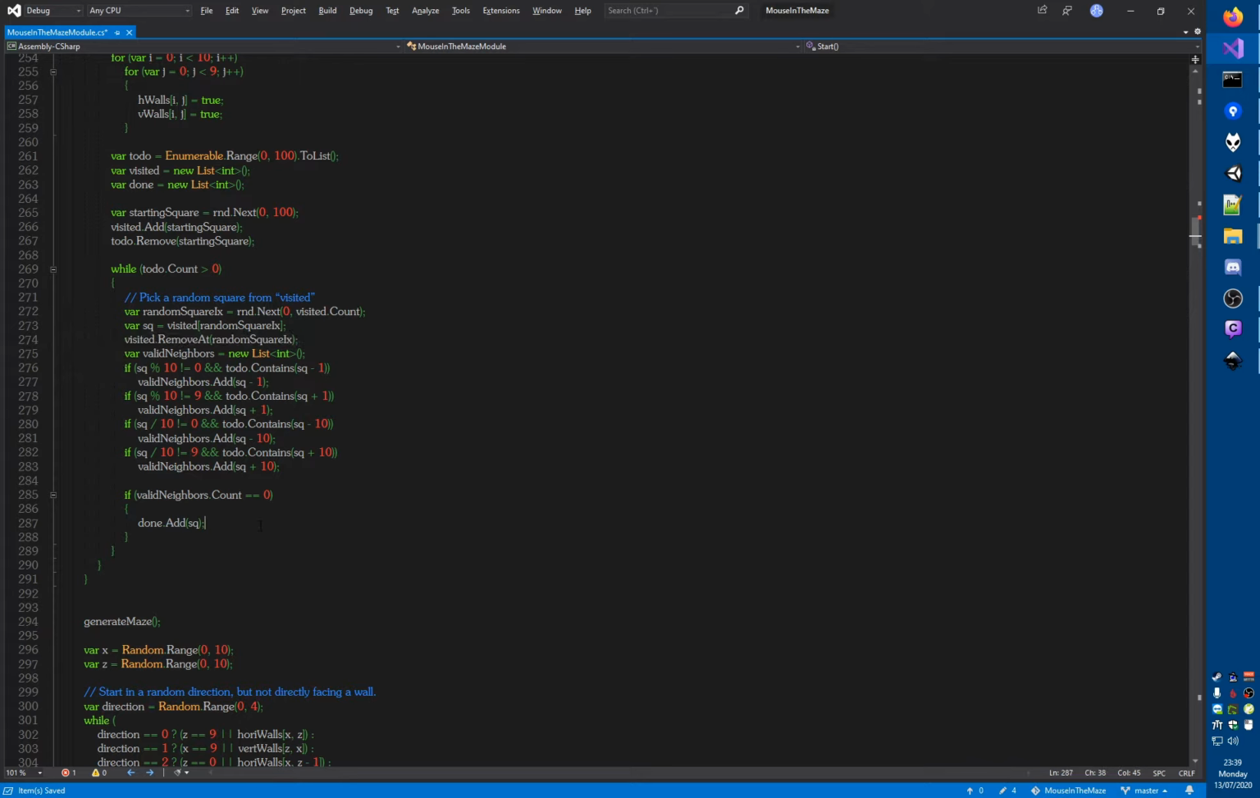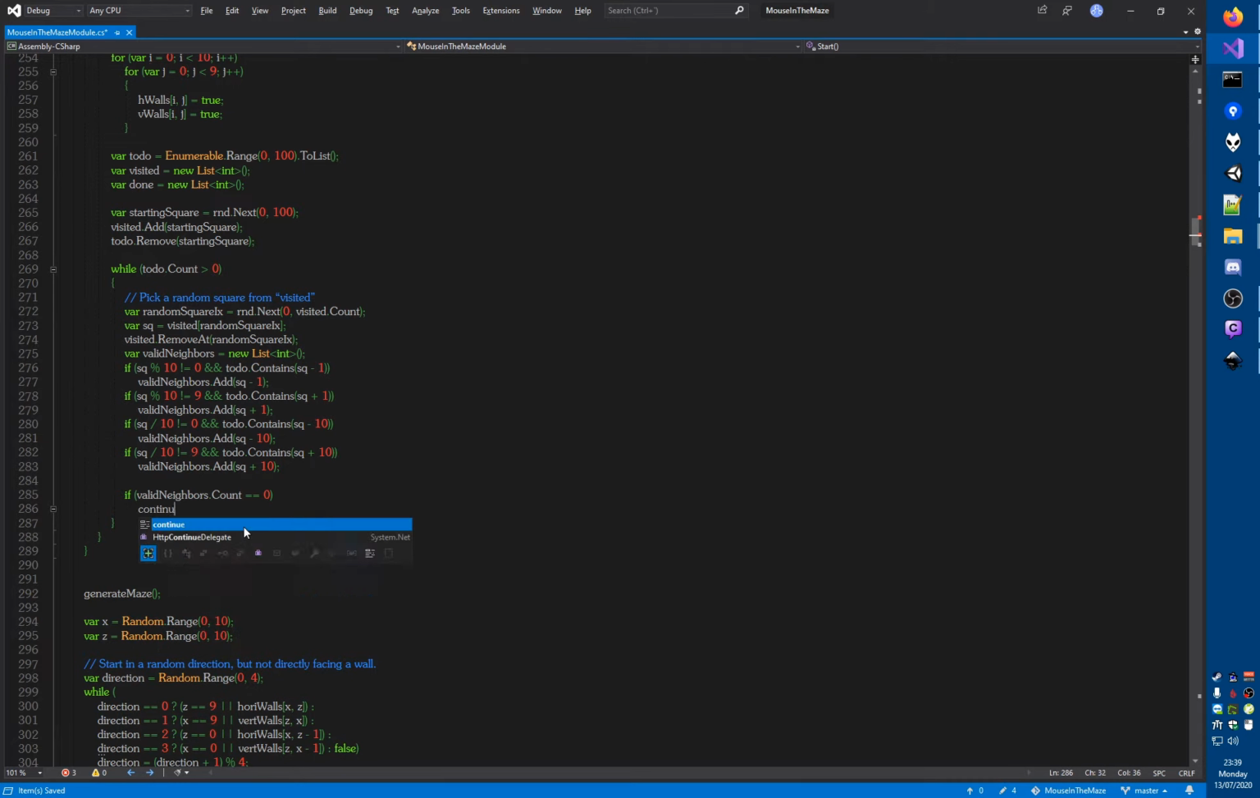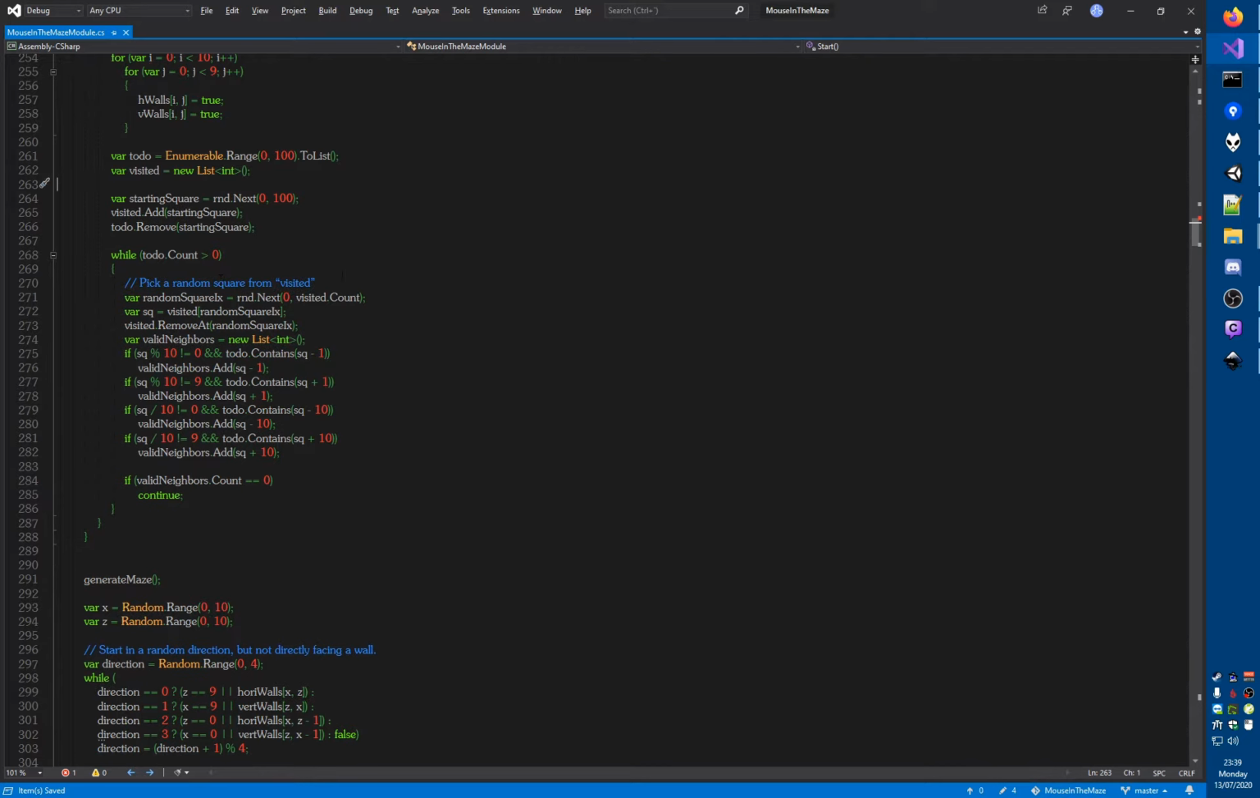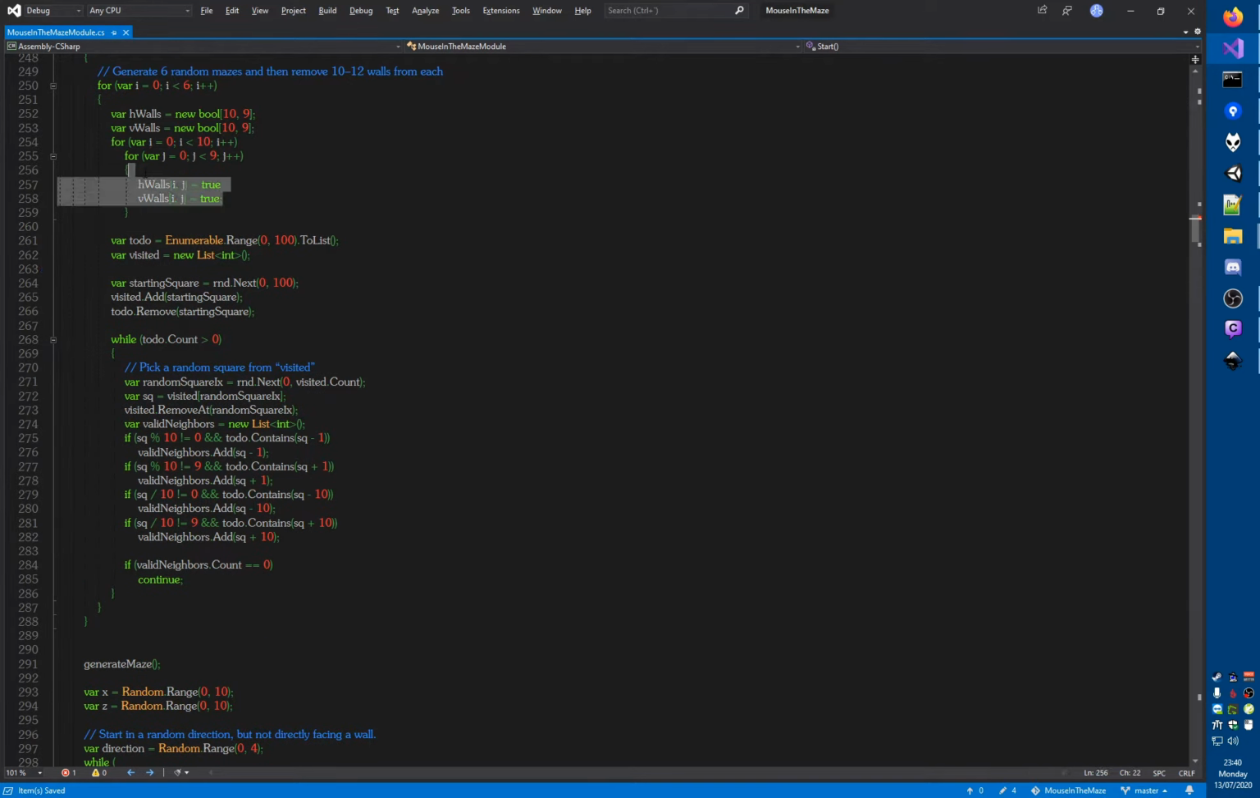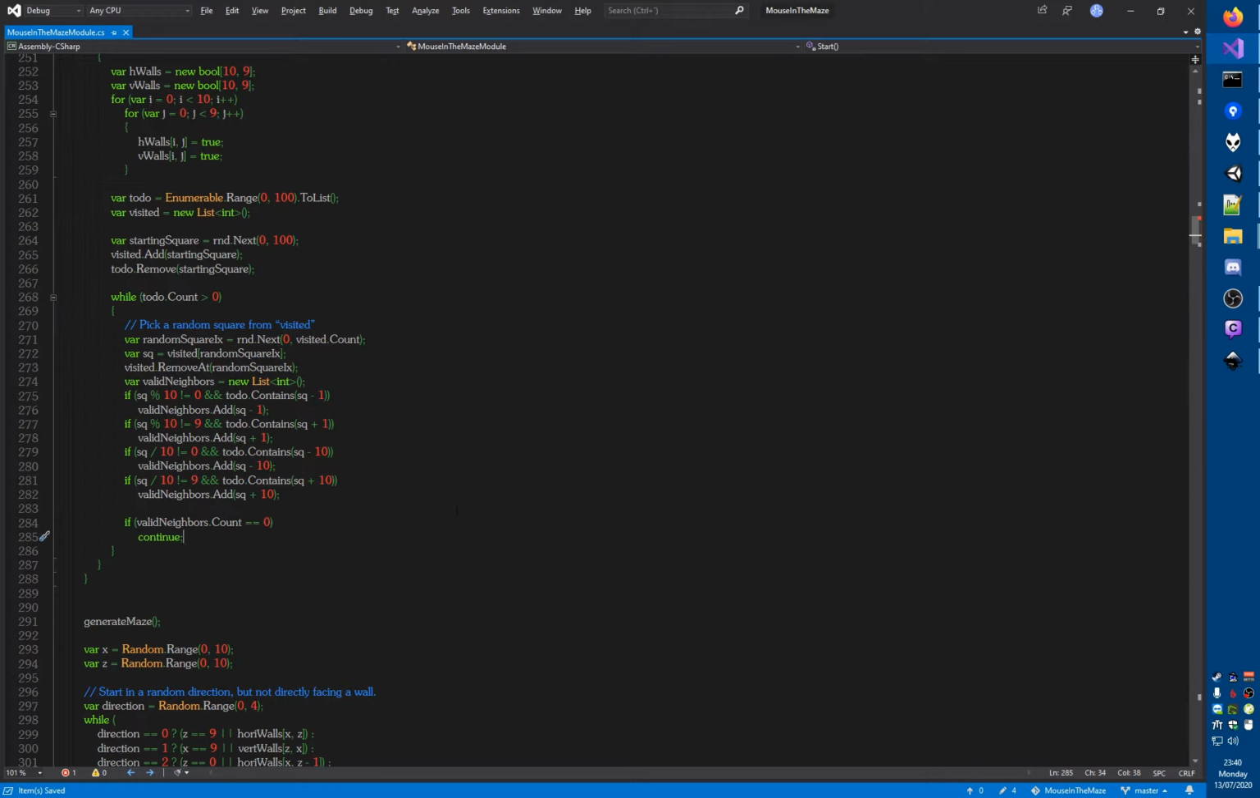I'm starting to think that maybe we don't even need the done array, because all we really need is for it to not be in visited. You know what I'm saying? So I think we don't even need to add it to done. So I'm just going to say continue. So for now, I'm just going to comment out this line, or even just remove it entirely. And if it turns out later that I still need it, then I can still get it back. But we don't really need it, right? We need the h walls and the v walls, and that's what we're going to end up with. Okay. So if valid neighbors.count is 0, then we continue, because now we've reached a square and removed a square that,